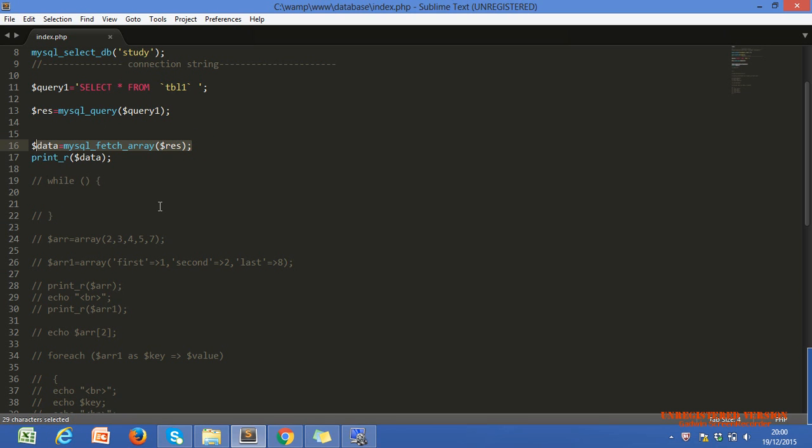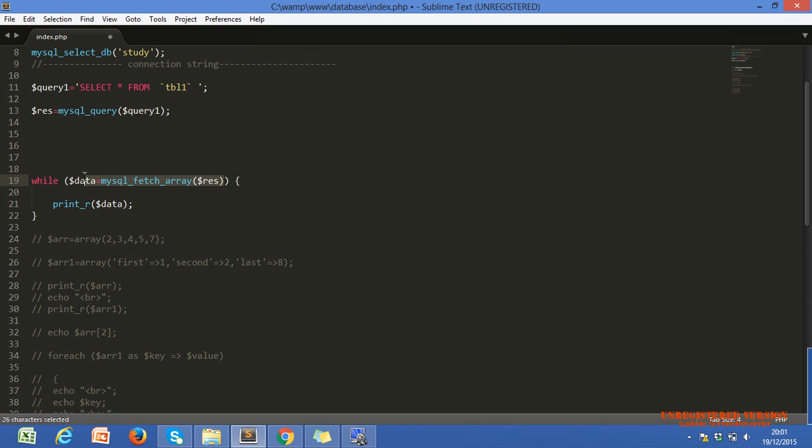Now let's see what I have done. I just set the condition of the while loop. In our line of code, we are assigning data from mysql fetch array, and this is the record. This is our query. We just fire the query and we get the result of that query, and this is the fetching of data.